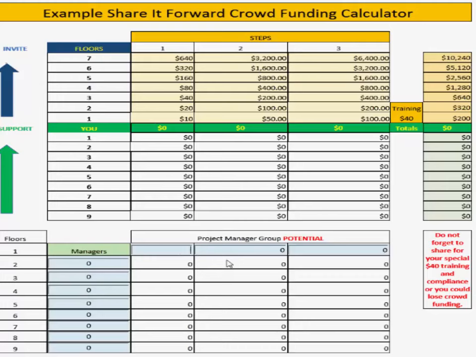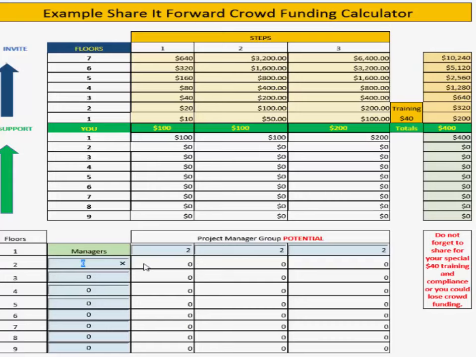Okay, so what I have here is a little placement tool, and I'm going to show you what happens when you simply go out and refer to people who refer to people. That's it. So if you're looking at this green line right here, if you go out and refer to people who donate $200 each to you, you're going to have $400. You see that? So what do you do with that 400? You take 320 of it. Here's 320. See that 320? Take 320 out of the 400 and you donate to the project on the 2nd floor before you.